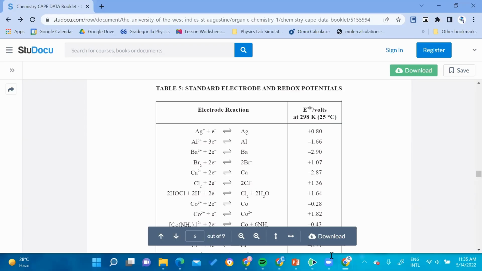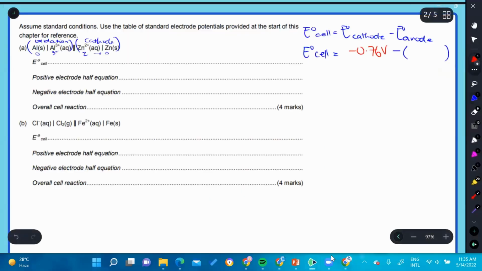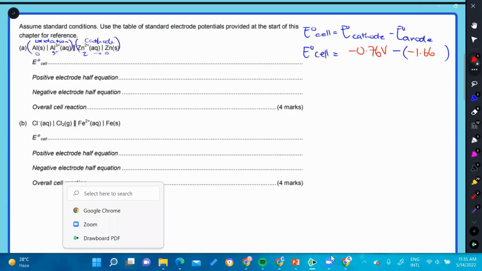And then instead of putting minus 1.66, you put plus 1.66. But seeing that we're using a formula, we're just going to put negative 1.66. And the formula will do the flipping for us, right? So negative 1.66. So if you put that in a calculator,